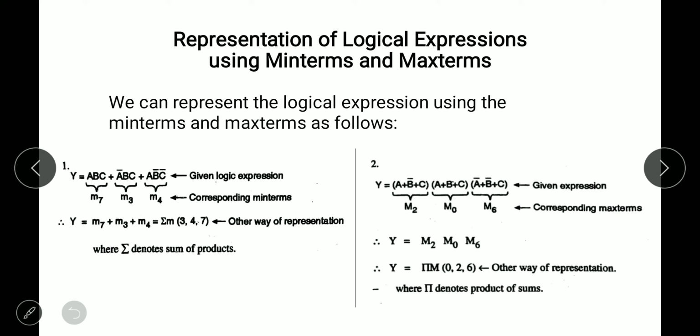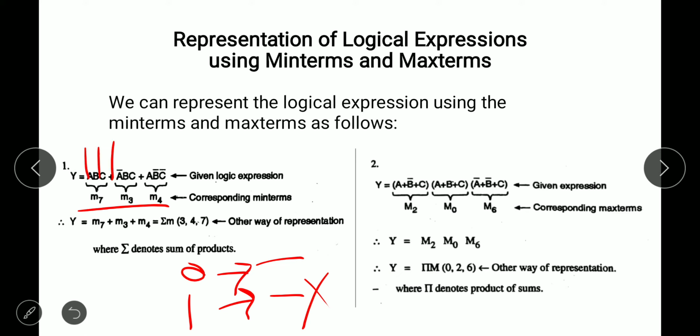That is nothing but how we can write the A B C, because you know that the m combination, that is min terms, consists of 0. If there is 0, then there is a bar over here, and if 1, there is no bar over here. So ABC means 1 1 1, and this combination is nothing but 7. So we write M7. Here 0 1 1 means 3, that is M3.